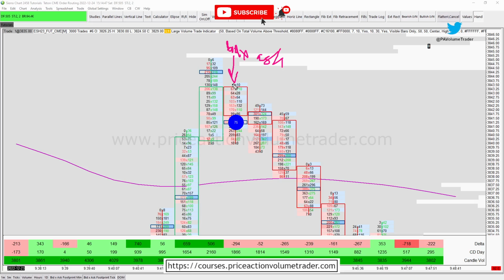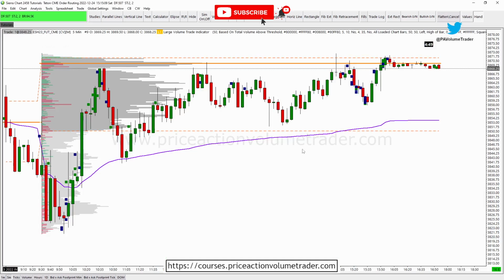So that means these are aggressive market orders executed to sell that are hitting the bid. And on the right side, you have executed market orders to buy that are lifting the offer or the ask. Okay? So if we go back here